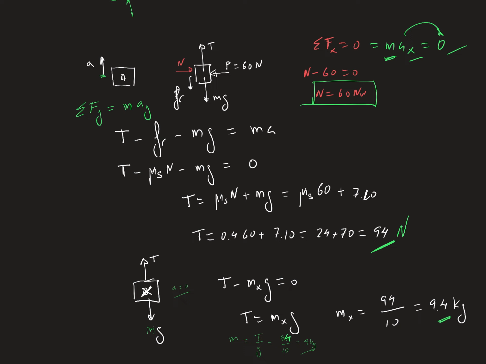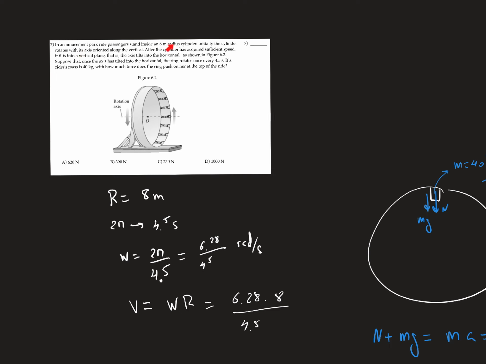Okay, this is the problem. If you want, we can go to the next problem. Okay, let's go now to do this problem. It says that this has a wheel that is rotating. The wheel has an 8 meter radius, and it says that it rotates the angle 2 pi in